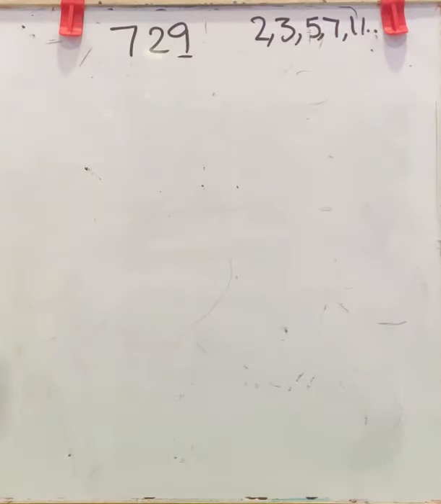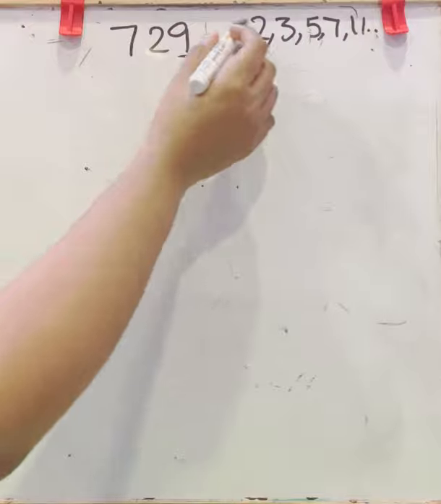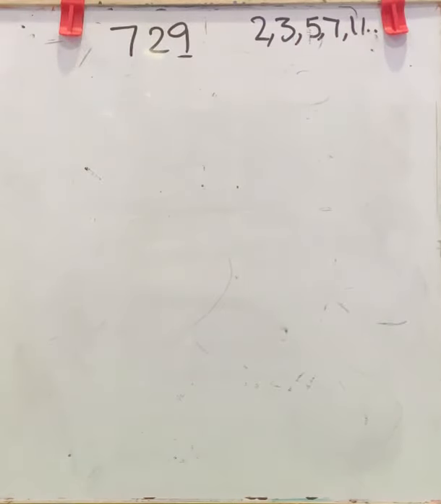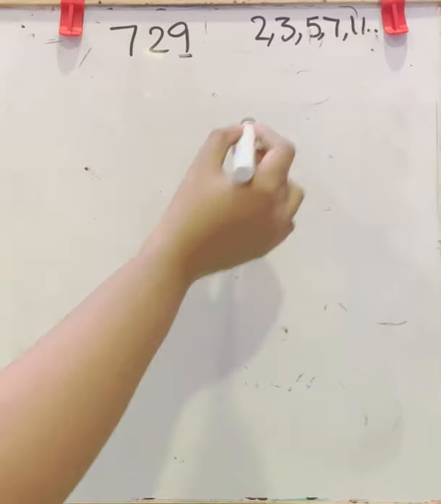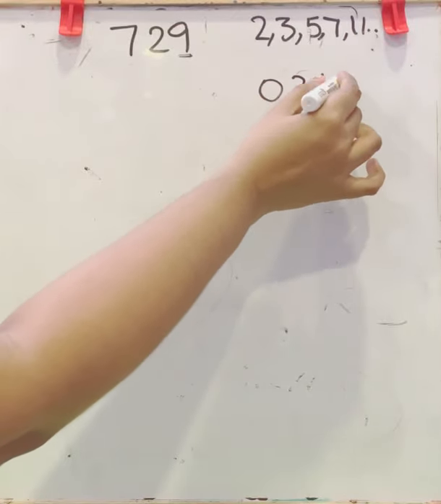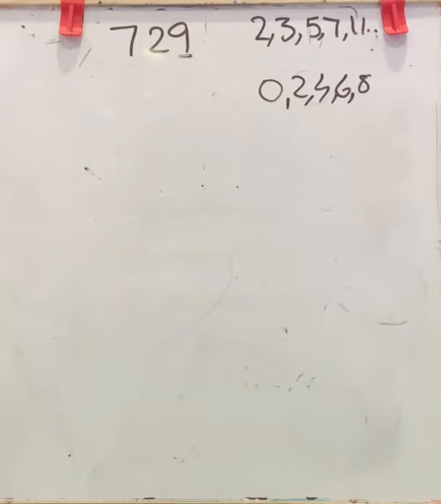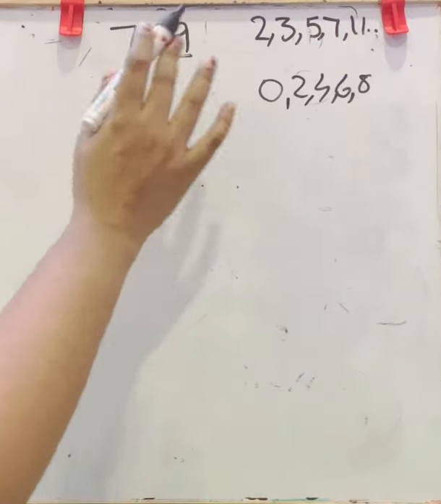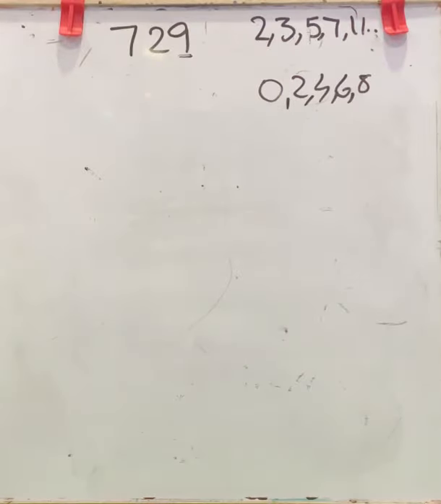We have already learned the divisibility rules of some numbers. And I have done a video about it. You can check in the playlist Easy Maths and you can find divisibility of numbers. In that I have explained the rule for numbers to be divisible. Now considering 2, what is the divisibility rule? That is in units place 0, 2, 4, 6, 8. If these numbers come, then we can say it is divisible by 2. Now it is 9, so it is not divisible by 2. So you can start with the next prime.